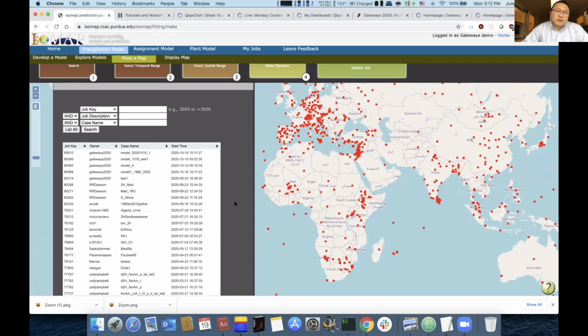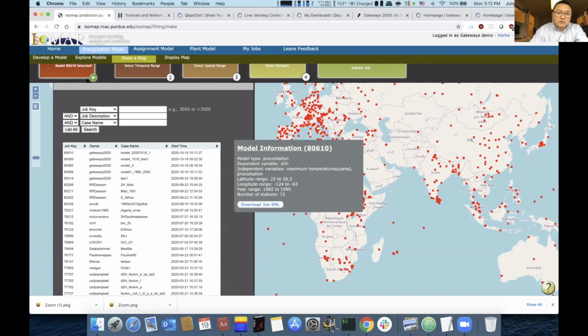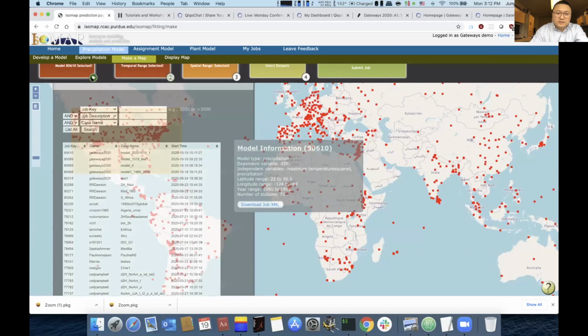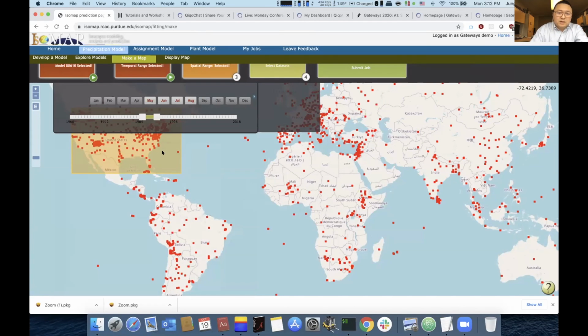And the next demo: we already created a model, so how can we create a prediction map? In this case, you pick the model. It only displays a model. So I pick the first one and choose the next button. Because that model was created for the United States, by default, it was displayed here.